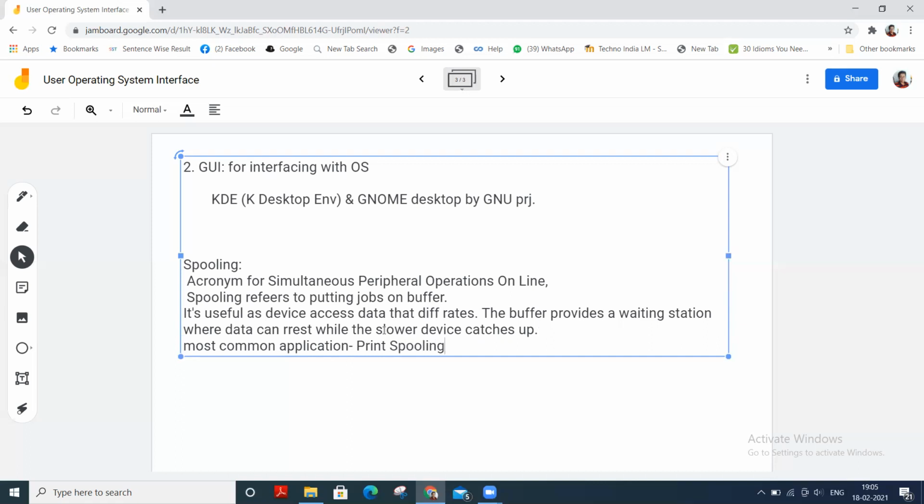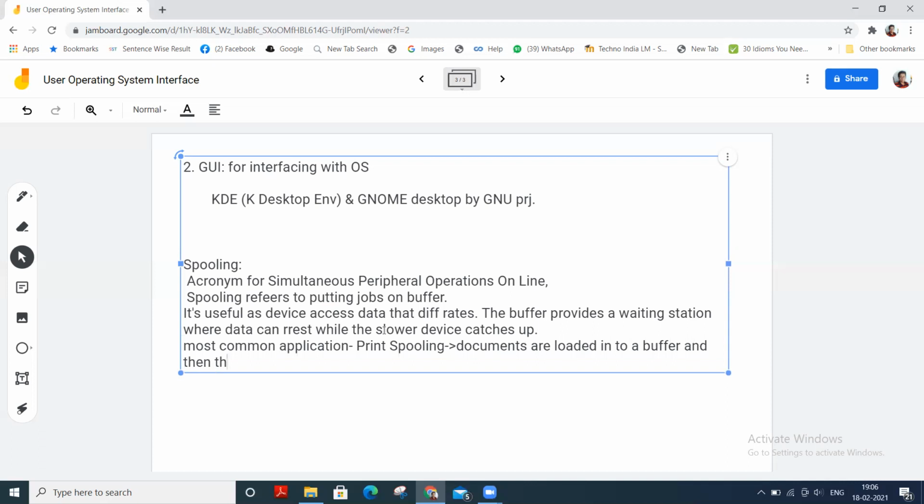In print spooling, documents are loaded into a buffer and then the printer pulls them off the buffer at its own rate.